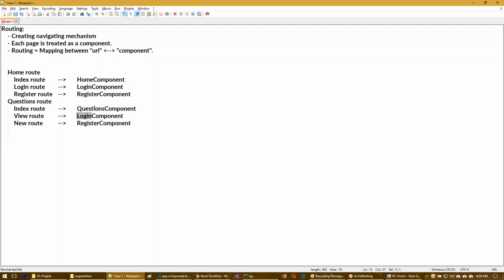So questions index component, questions view component, questions new component. Means new question component in fact.